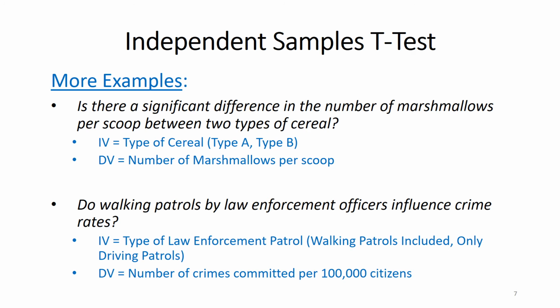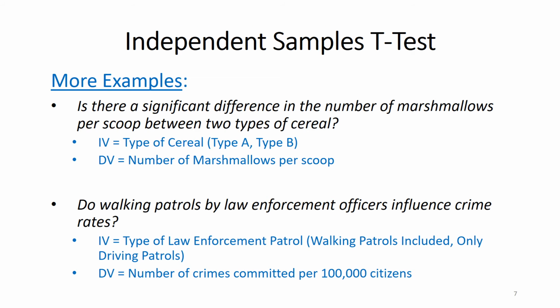So let's think about this. Is there a significant difference in the number of marshmallows per scoop between two types of cereal? Think about whether it's Lucky Charms or some other cereal that's got some treats in it, or maybe it's Raisin Bran and you're looking at raisins, whatever, it doesn't matter. Let's say that we have two types of cereal, type A, type B. And then we want to say, would I rather buy type A or do I want to buy type B? Which one has more marshmallows per scoop? So I could do a t-test where I break it down where I've got two types of cereal, type A, type B. So once again, it is a